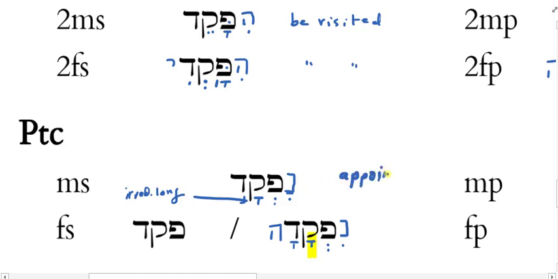Okay? So if the Qal participle means appointing, then the Nifal participle, if it makes it passive, would be appointed. Okay? And you can use these participles in the Nifal the way you use other participles. I could say the appointed man. Ha'ish hanifqad. The man, the appointed. So just remember that if the Nifal verb has passive meaning, then I'm going to be using the -ed type of ending. Appointed,